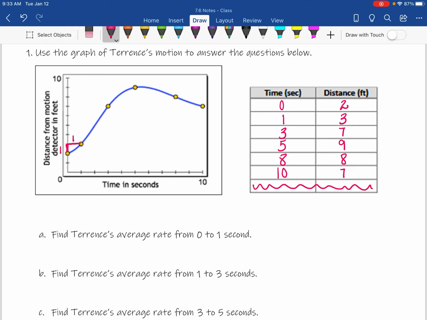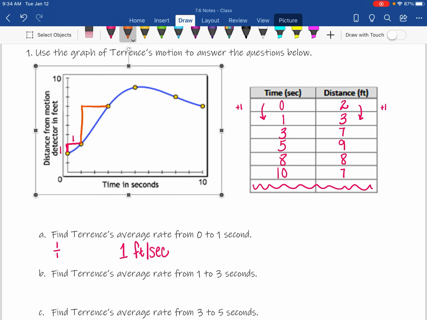Okay, if I go over to my table, from 2 to 3, I'm adding 1. And from 0 to 1, I'm adding 1. So from both the graph and the table, my rate is 1 divided by 1, which gives me a rate of 1 foot per second. Okay, I'm just going to repeat this for every interval that I'm asked. So from 1 to 3,